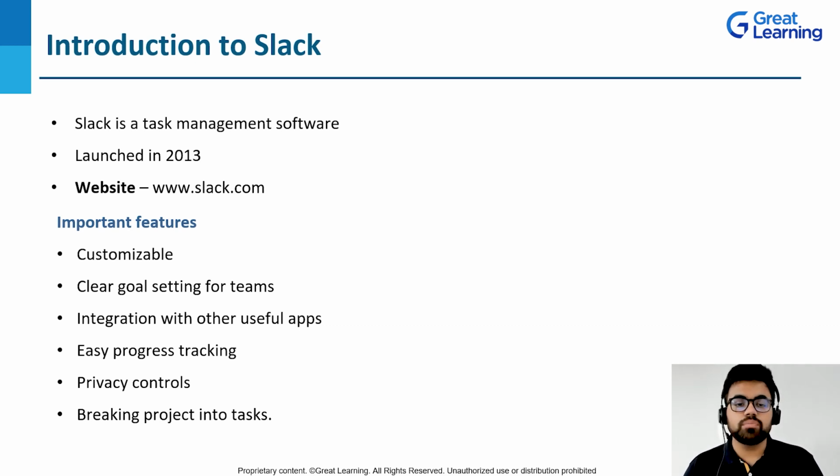Then comes breaking projects into tasks. Now with a very high scope of a particular project, there can be multiple objectives or a very big goal to achieve. Now, we as humans have a tendency to go one step at a time, so we break that particular big objective into smaller achievable steps so that we can be more comfortable in achieving those. So Slack project management allows you to break those big tasks, big objectives into smaller steps so that everyone is in sync with what they are doing.